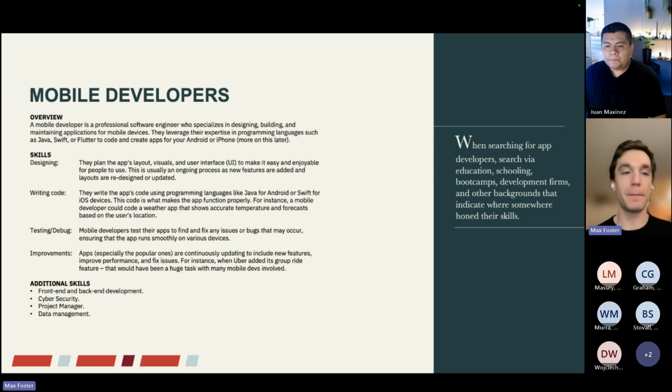There are four main things that I think we just need to know about when you're looking for mobile developers: figure out which area they're in, right? Are they in designing? Are they working on the user interface, working on the user experience? Are they working on how the button looks? How does the button work? Those types of things, that's on the designing front end. Then writing code, this is all back end type stuff. So what type of languages are they writing in?